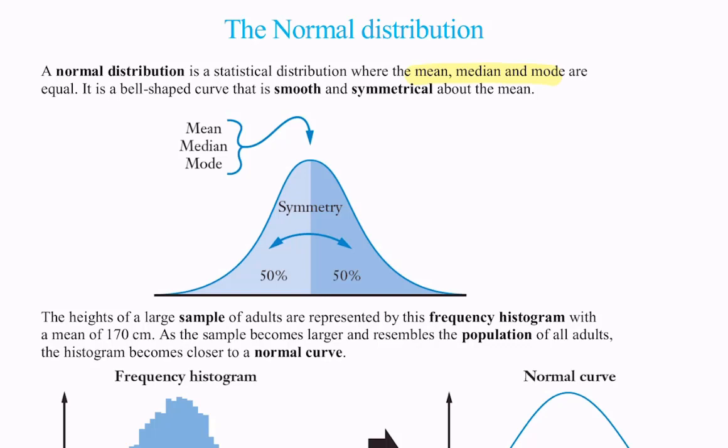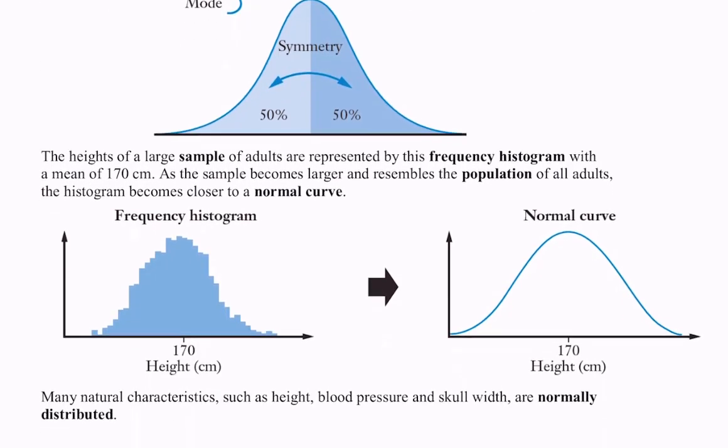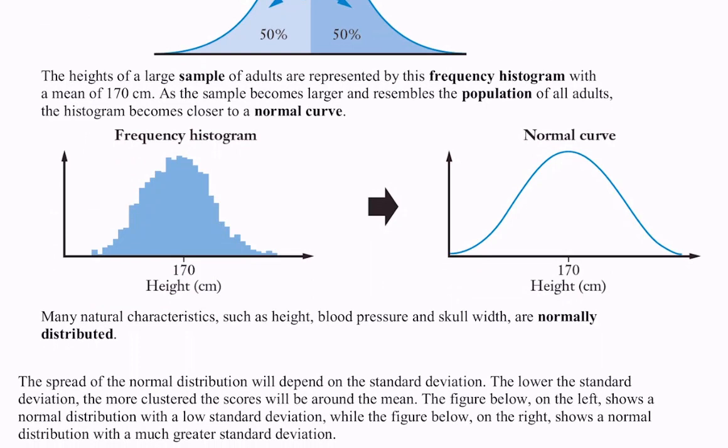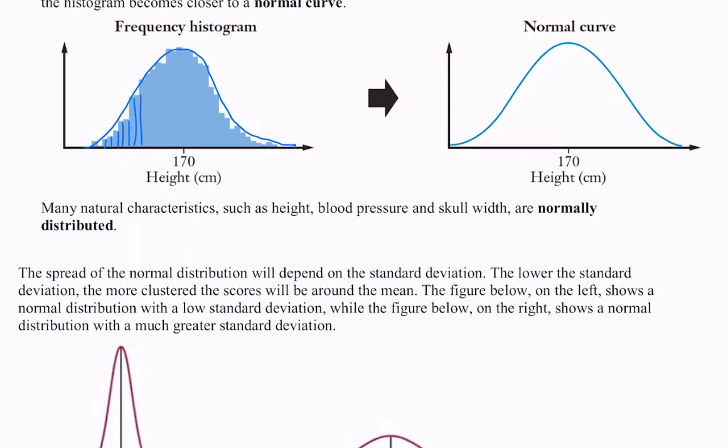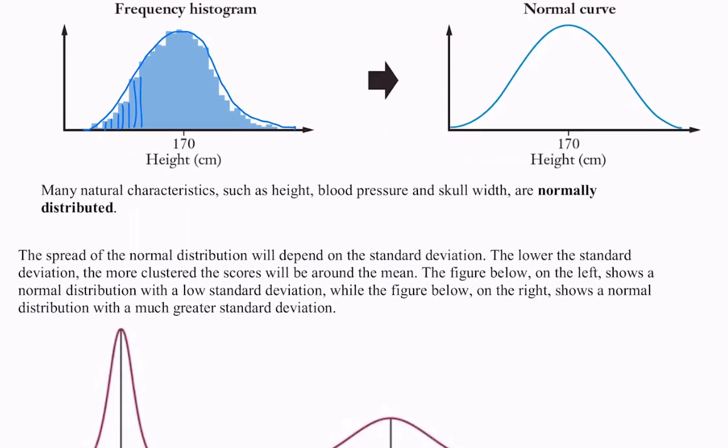So what I've done here is I've shown you the heights of a large sample of adults that I represented as a frequency histogram. Can you imagine if this was all drawn up as a little frequency histogram? Here they are. Okay. The more data we get, the closer we get to what we call the normal curve. So if I could put a curve over the top of this data, it's becoming a normal curve. Okay, so many natural characteristics, such as, and I've put here, height, blood pressure, and skull width,